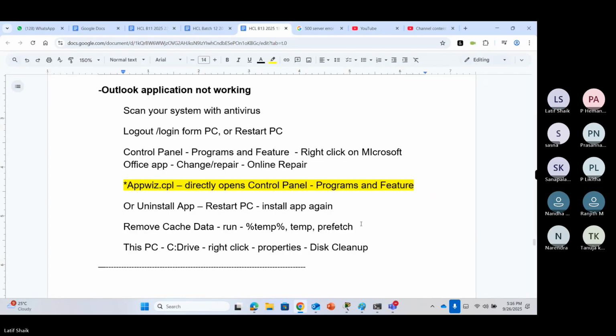Okay. And also you can use an application like CCleaner. There you can go to the registry option and clean the registry as well. Sometimes registry mismatches also cause applications not to work. So this is